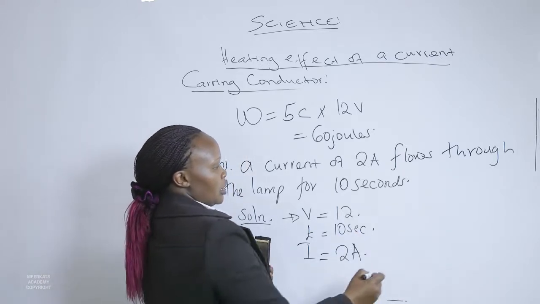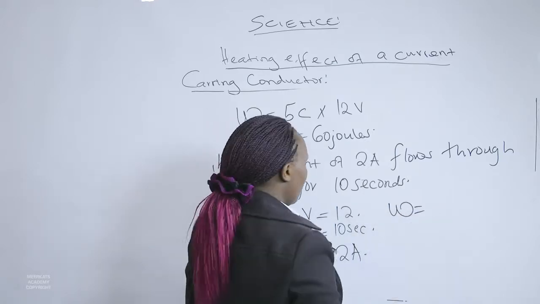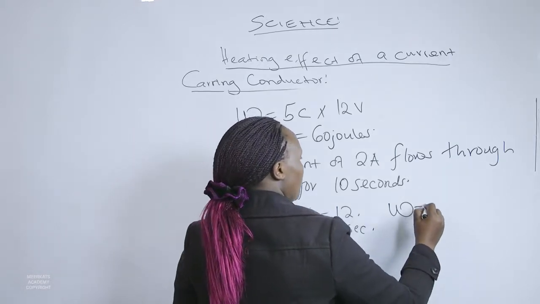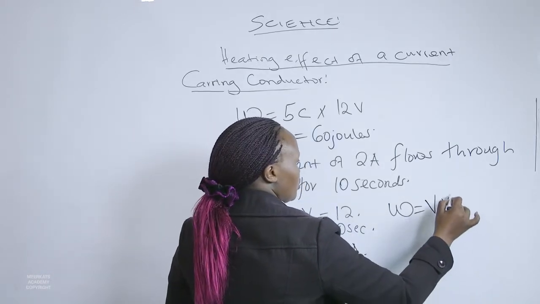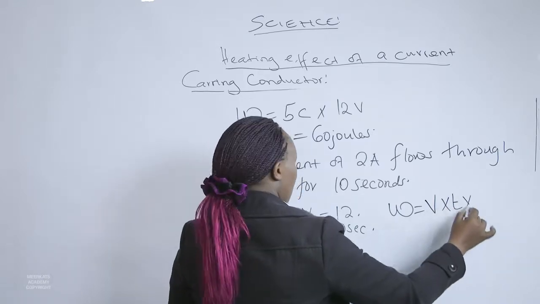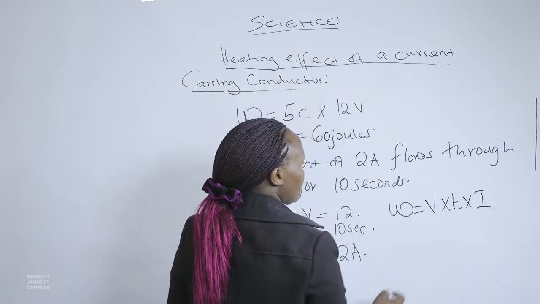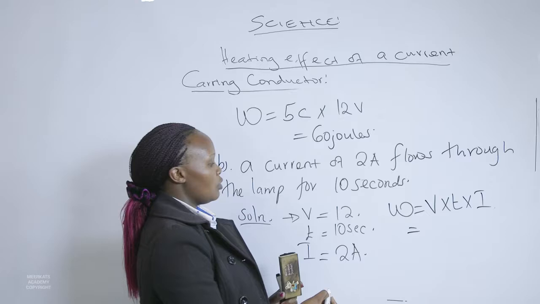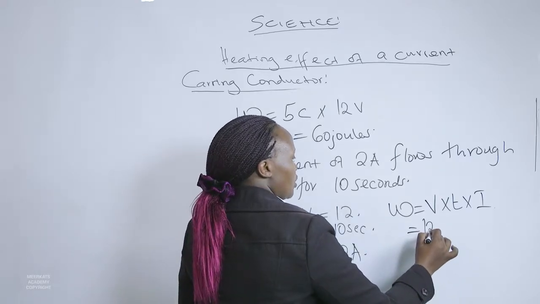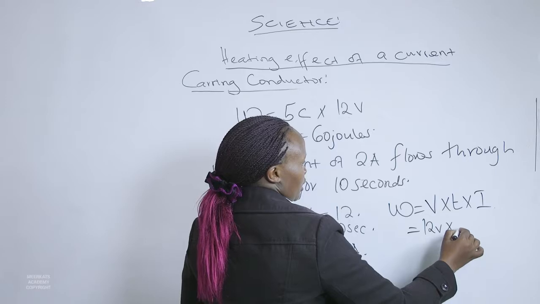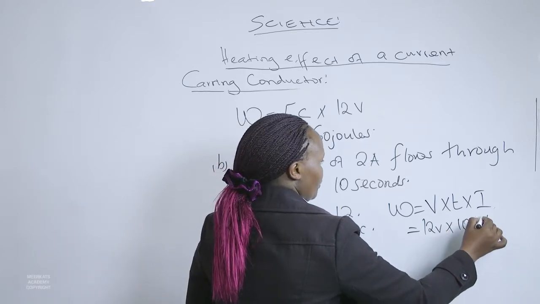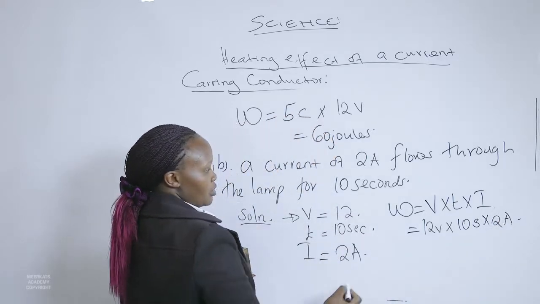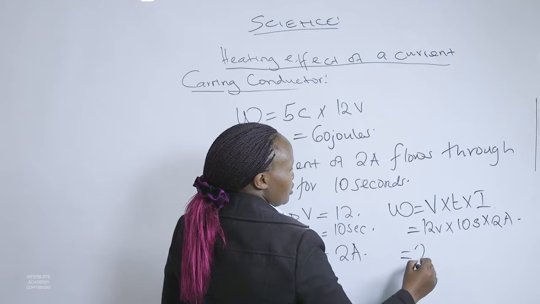So we pick an expression of work which relates the three, where work is given by the product of voltage, time, and current, and we substitute for all of them. So now we have 12 volts multiplied by 10 seconds and a current of 2 amperes, giving us an energy